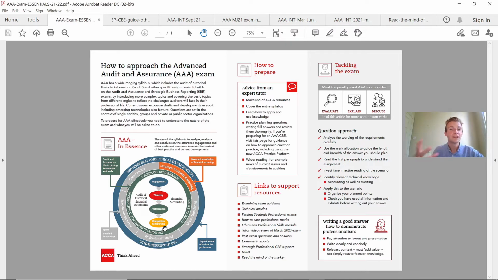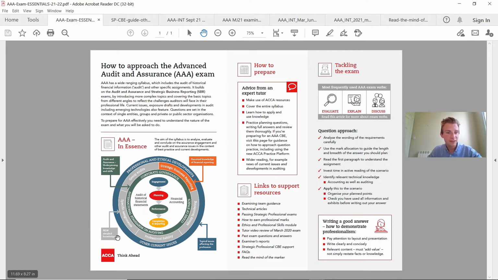So if you are starting off looking at advanced audit and assurance, maybe you've not had a look at this in a long time, you're going to have to pull out your old SBR notes as well, because there is quite a lot of assumed knowledge, especially from a financial reporting point of view, covered in SBR that you need to apply definitely in advanced audit and assurance. So this is the progression as you go through it. And again, if you're watching this video thinking, I've got a choice, which one shall I do? If you haven't already done SBR and you're thinking about doing advanced audit and assurance, I'd highly recommend that you do SBR first and then move on to advanced audit and assurance.